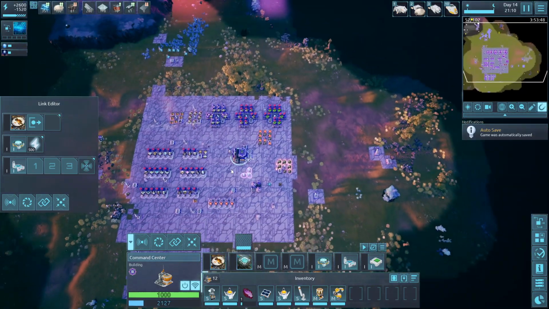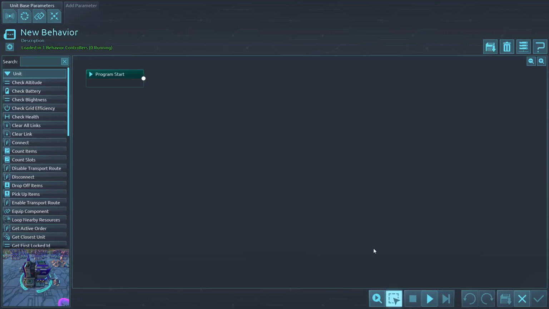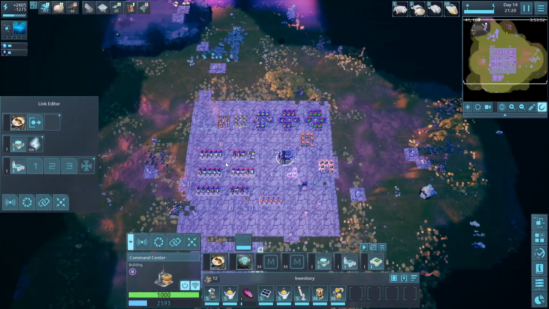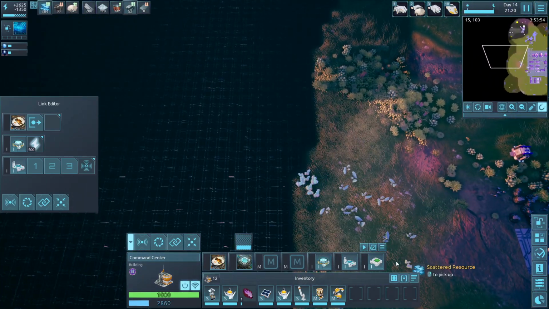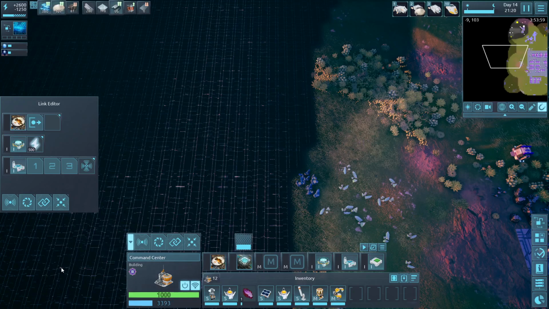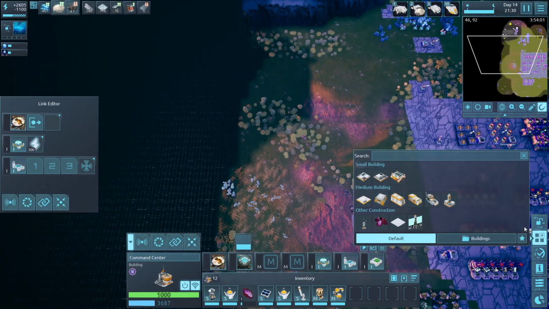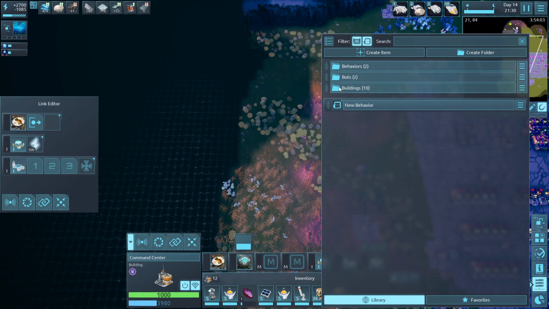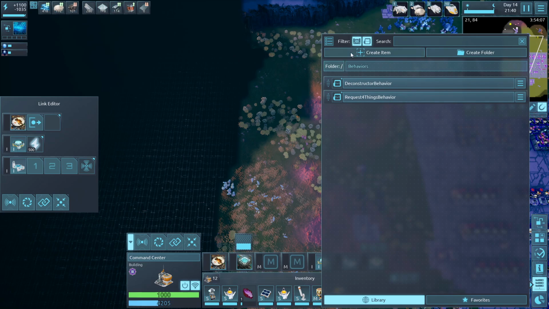Let me zoom out a bit to have no sound. Oh, why is it that loud? Let me go over here. Oh, it's because it zooms into where we are. I guess something I could do is go to the library and simply go into behaviors and create an item, a new behavior. Here,